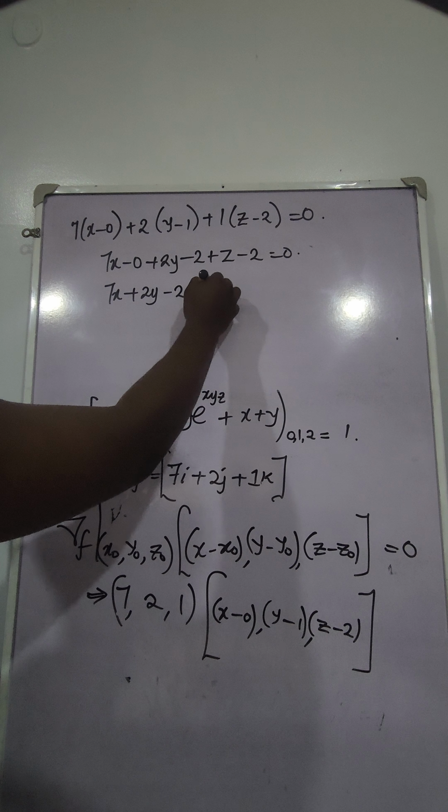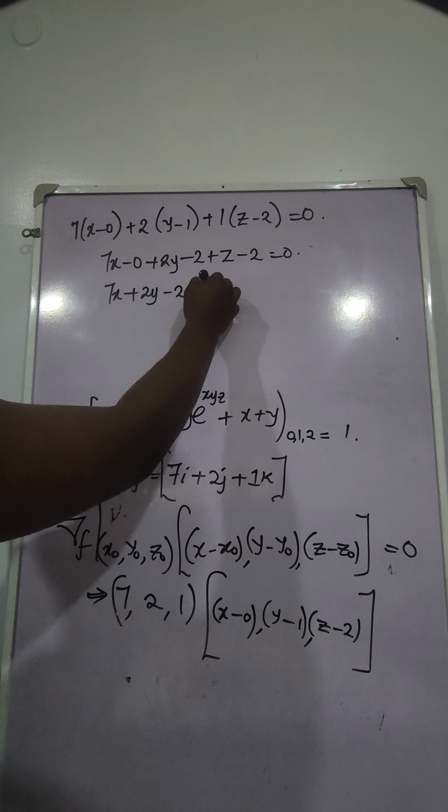At f of x you got 7, equal to y minus what was the y naught? You have 0, 1 and 2, right? Yeah, so y minus y naught, which is 1, divided by 2,